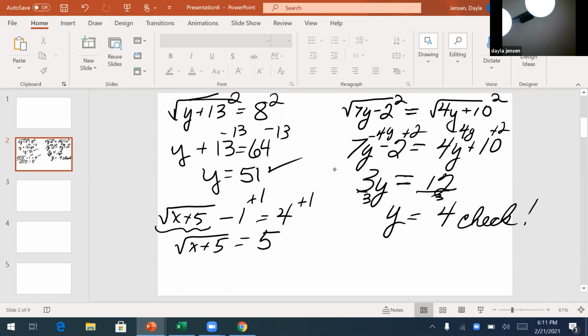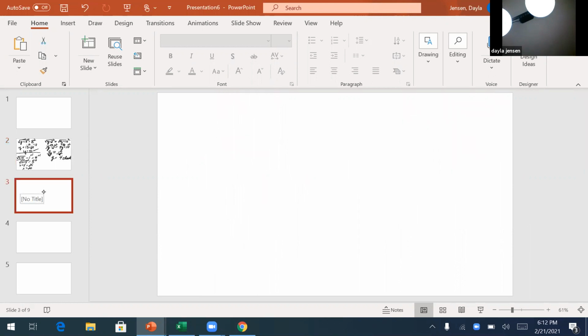Now I can do what I did above by squaring. Then I get x plus 5 equals 25. So x must be 20. And again, double check to make sure that you're doing that right. Okay, let's do another one with 2 radicals. This one is